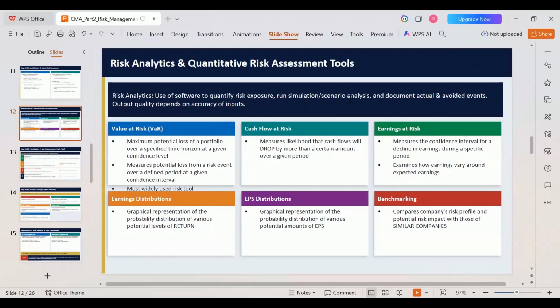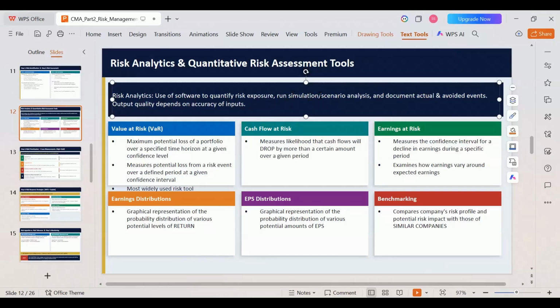So scenario analysis, we know this. What if analysis? We will assume scenarios that can take place in the future, and we will plan our responses accordingly. That is scenario analysis. Then we have simulation. Simulation in the sense, this is a very brief analysis. Here, each and every economic factor will be taken into consideration. We know that if there is one scenario that needs to take place, there are hundreds of external events that will impact that situation.